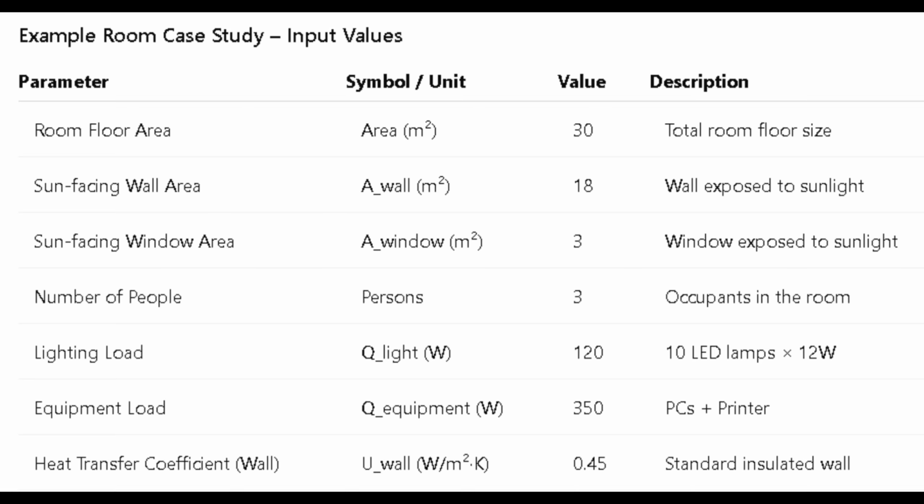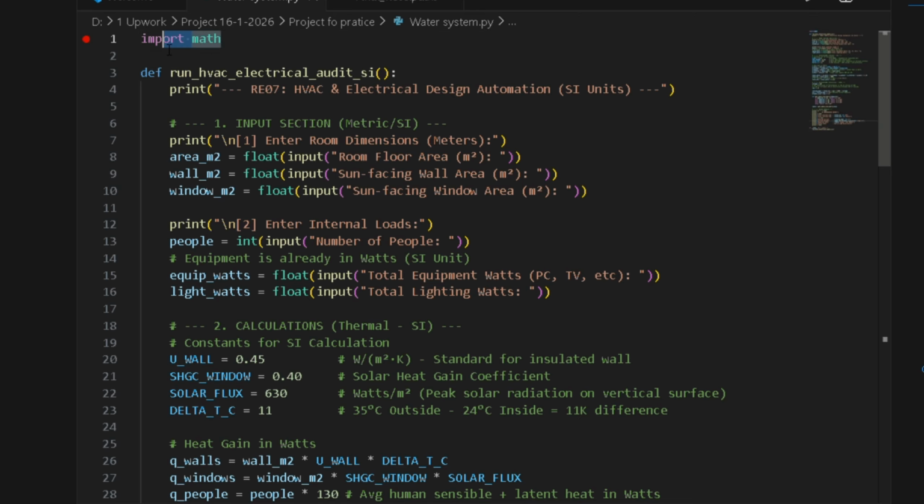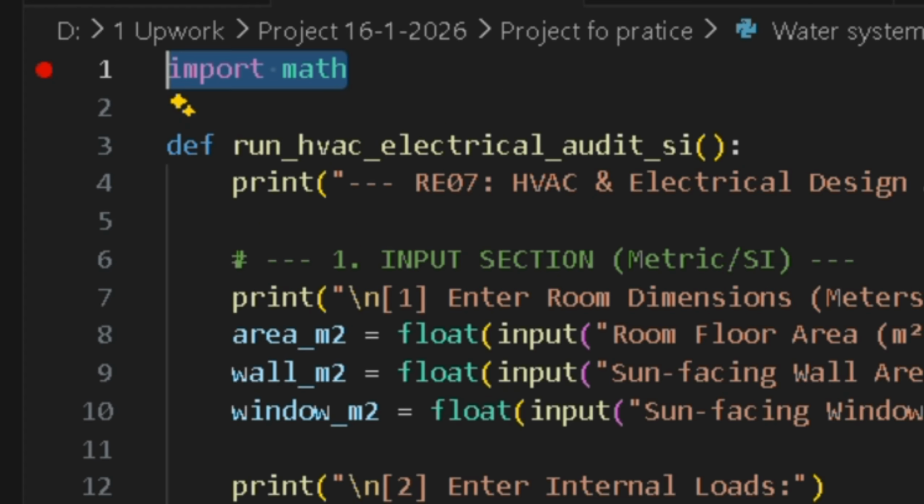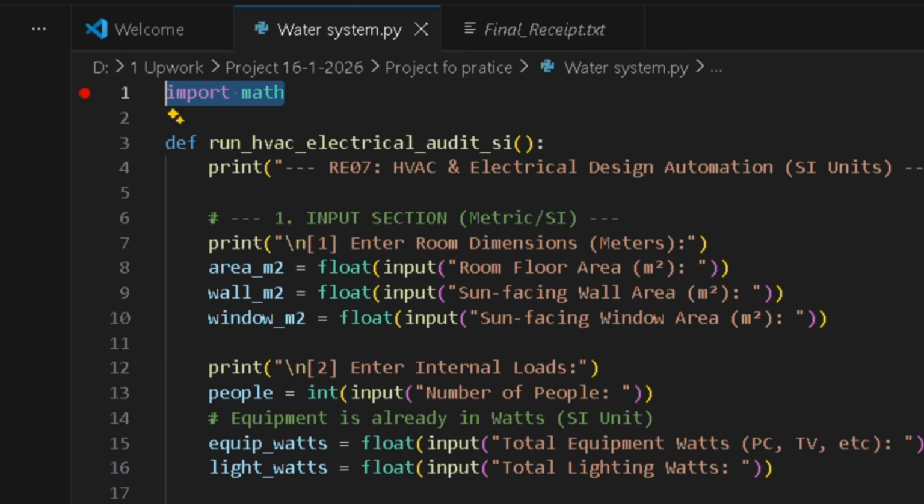Think of Python like a toolbox. Standard Python is like your hands, can pick things up, move them. Import math is like opening the drawer of precision instruments, calculators, protractors, and formulas. Without import math, your code wouldn't know how to handle the complex curves of a psychrometric chart or the rounding logic required for electrical safety. Next, we define the main function of our program,